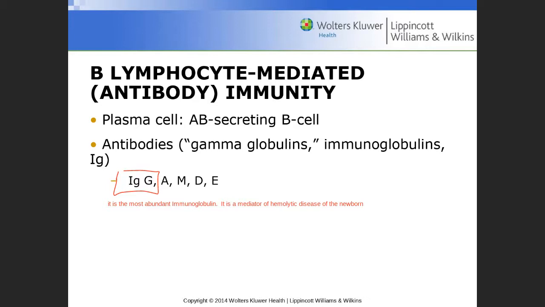So you can see that hemolytic means lysis of the red blood cell. Okay, hemolytic disease of the newborn is also known as erythroblastosis fetalis,